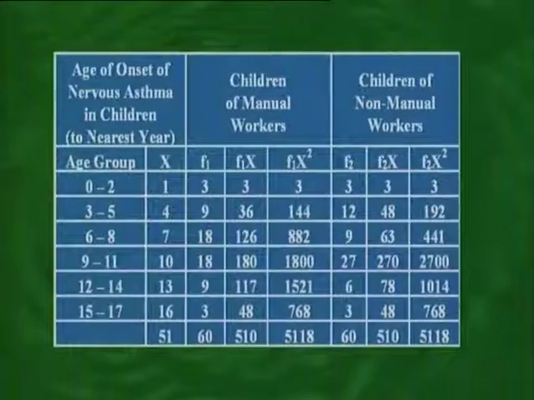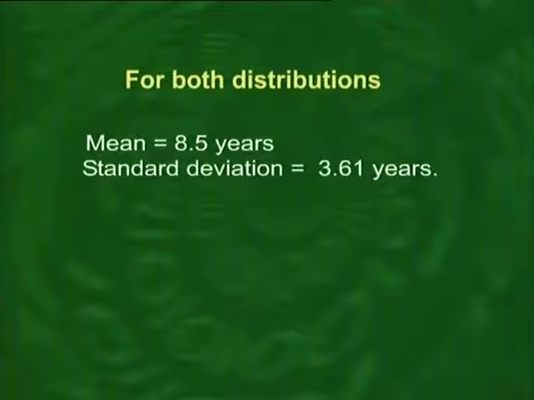If we want to compute the mean and standard deviation, then we will do all those calculations which I conveyed to you earlier. And as you now see on the screen, the calculations for the children of manual workers and those for the children of non-manual workers provide all the sums that we require in order to substitute in the formulae of the mean and the standard deviation. The interesting point is that for both of these distributions, the mean age comes out to be 8.5 years and the standard deviation